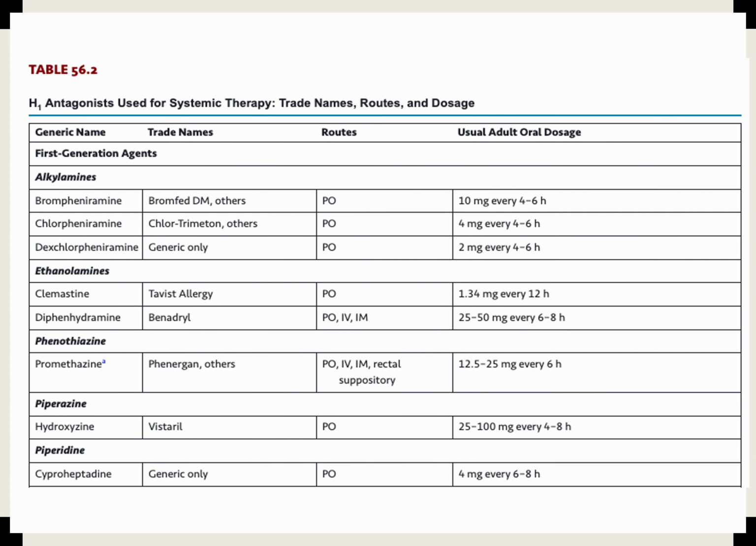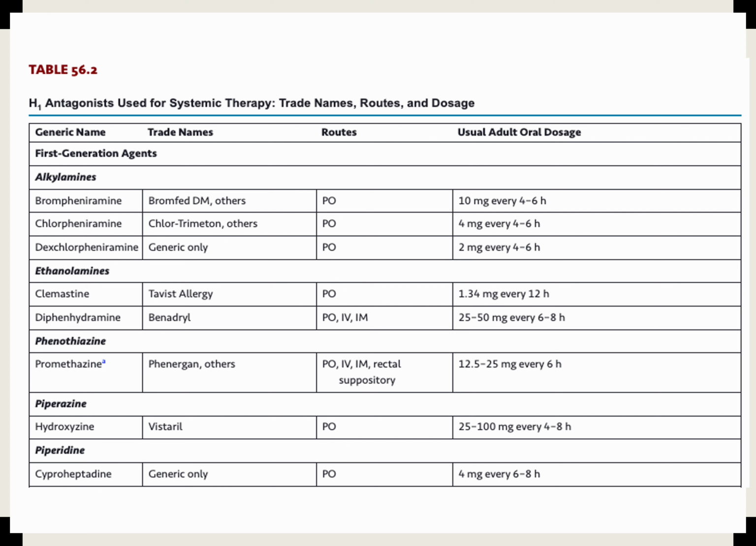Here you can see the table showing H1 antagonists in terms of their trade name, their routes, and the usual adult dosage. I do want to draw your attention to the two drugs that come in IV and IM as well. So we have diphenhydramine, marketed as Benadryl, and we also have promethazine, marketed as Phenergan. So if you've worked at the hospital, you perhaps have given IV or IM